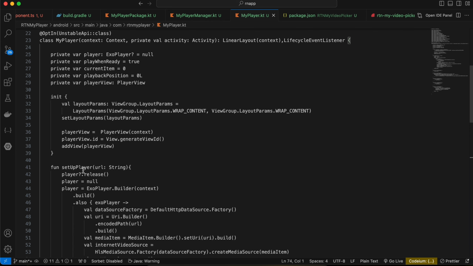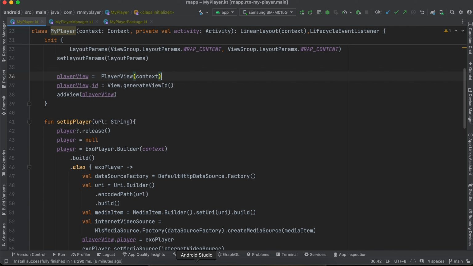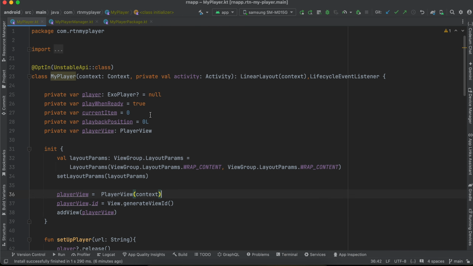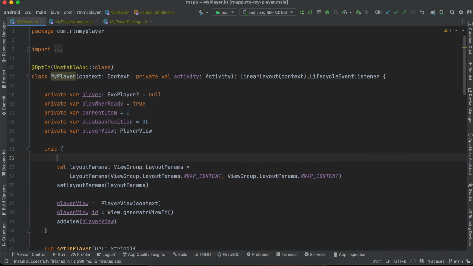Okay, also I think there is one more thing which I forgot. Let me quickly go over here. You don't need to do this. Okay, context dot add